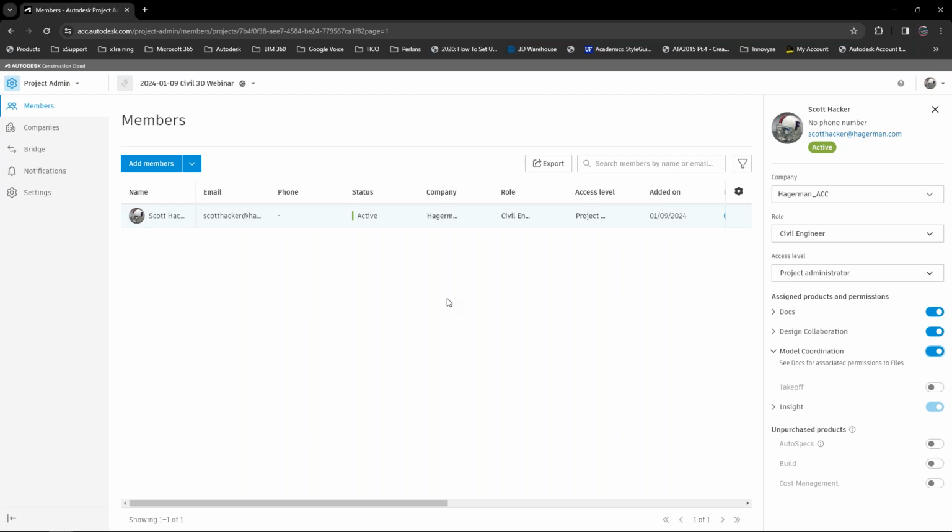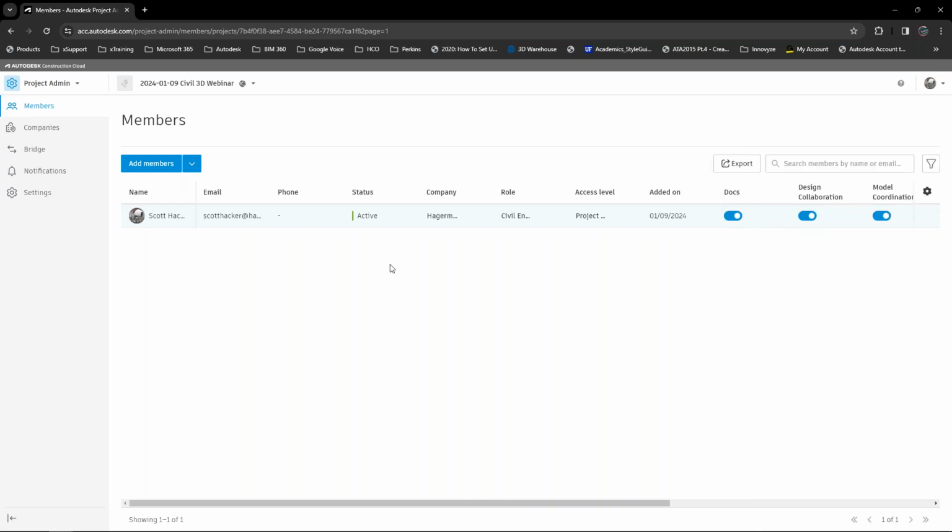Now, down here at the bottom is a place for unpurchased products. Now I've got a couple in here. I've got AutoSpecs, I've got Build, I've got Cost Management, okay? Those are something that can be added at any point and activated at any point, okay? I happen to have those, but it's not necessary for our project, at least not yet. All right. So with that, we'll close up our properties